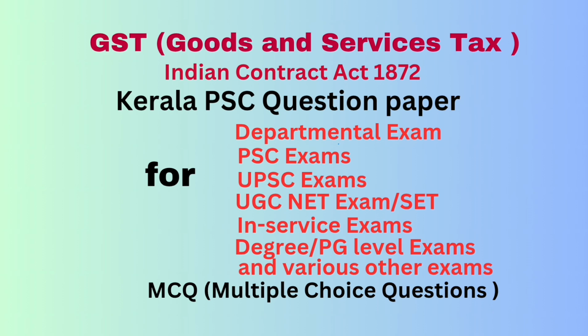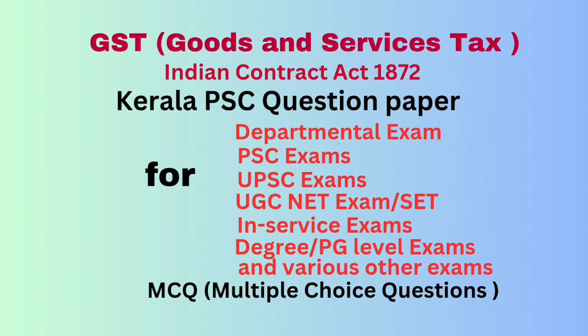Question number 41. When was GST implemented? Answer: 1/7/2017. Question number 42. The National Bench of the Appellate Tribunal is situated in dash. Answer: New Delhi. Question number 43. If a taxable person fails to pay collected GST amount within dash, he is liable to pay penalty. Answer: 3 months.